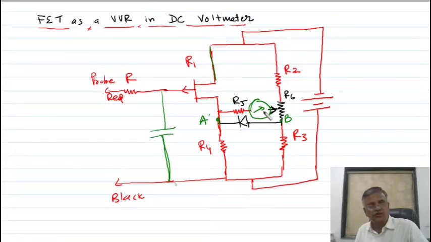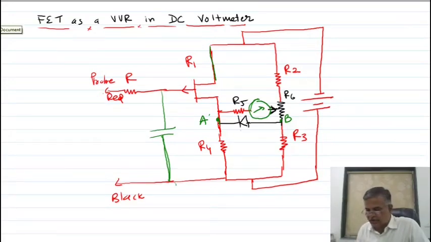Sir, if it is 0, it's okay. Sir, if it does not show the 0, then with the help of the potentiometer R6, you have to adjust the 0 volt. So by adjusting the R6 potentiometer, you can keep your meter reading 0 when no input is given. As a result, your potential at A and potential at B will be equal, and your meter shows 0. Now, suppose you have given a DC voltage here.